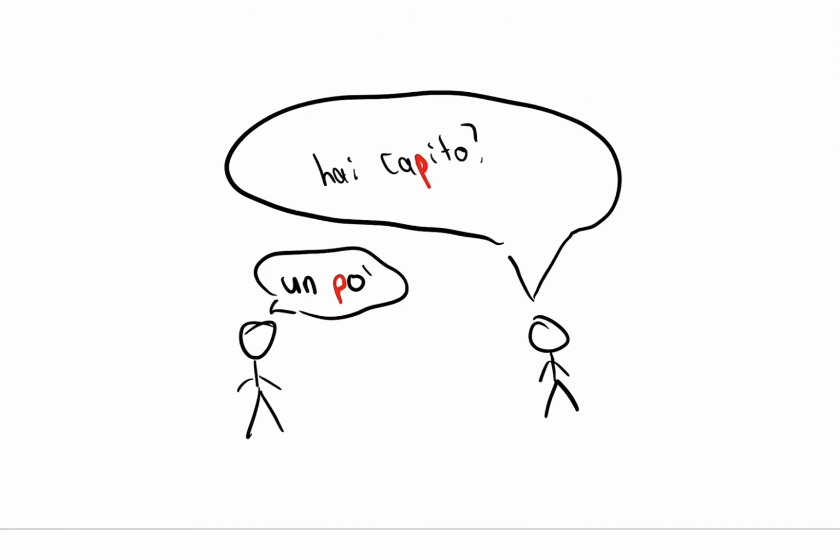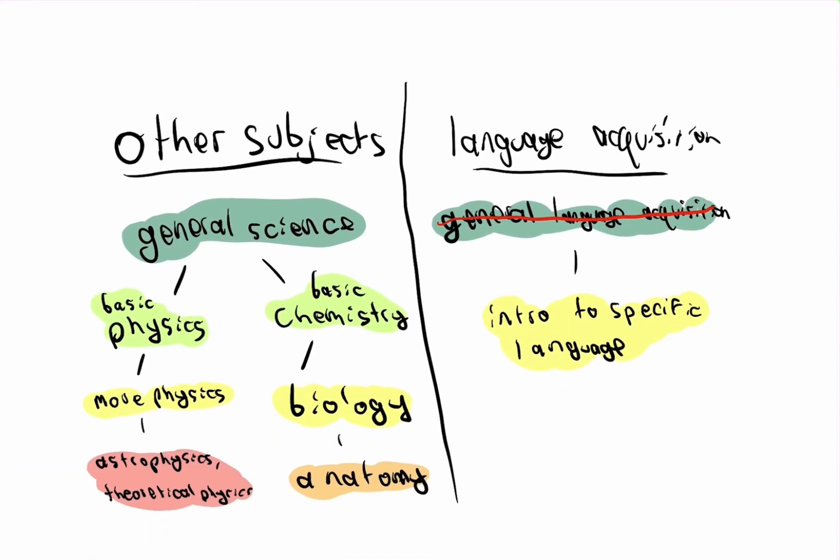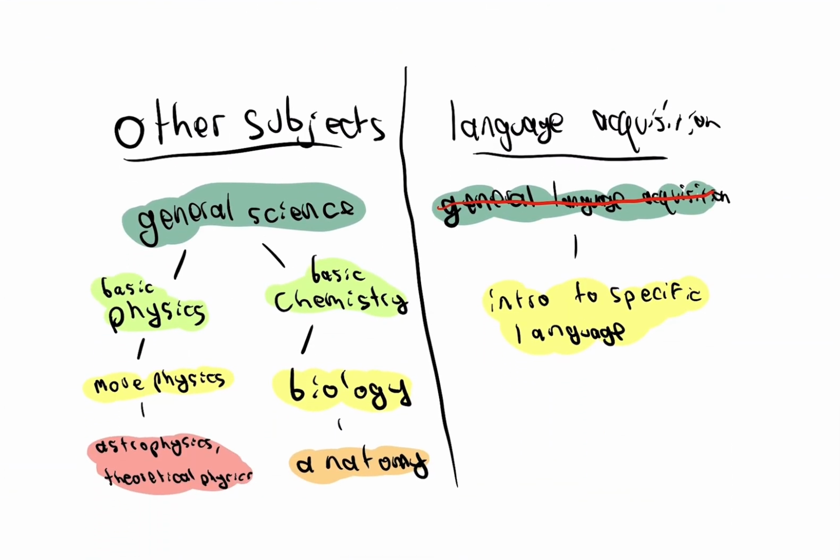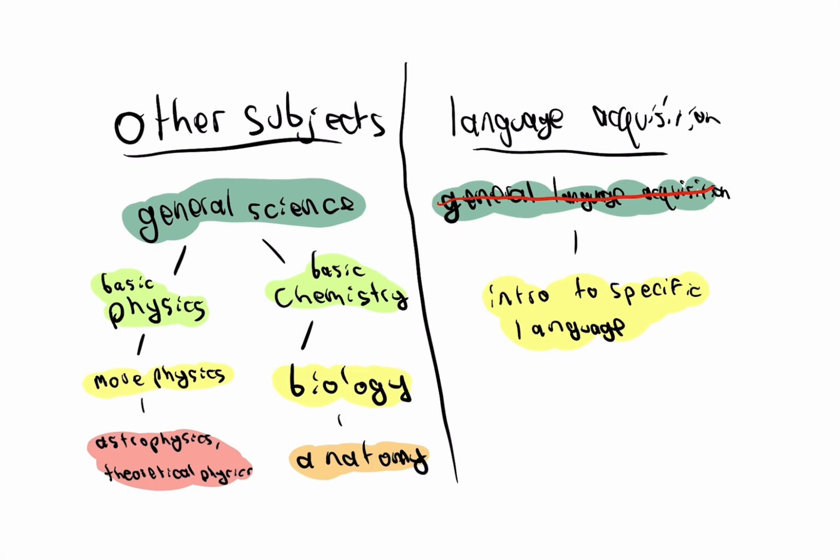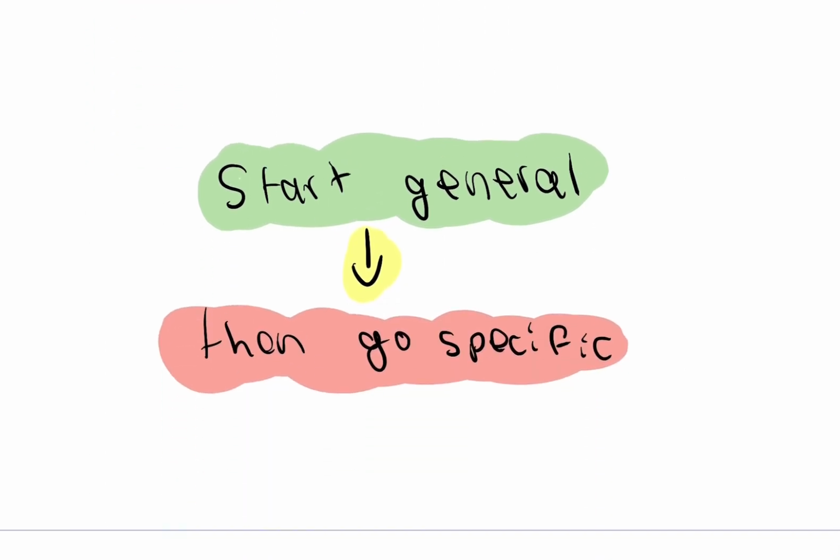In any other subject, you always start with more general knowledge, and then you get more specific, and it's always been weird to me that this isn't done as much in language learning. Learning Spanish before learning general language acquisition seems to me like learning the anatomy of a fish before just learning general biology. The point is, it's almost always better to start more general, because it'll make it easier when you're focusing on the specifics later.